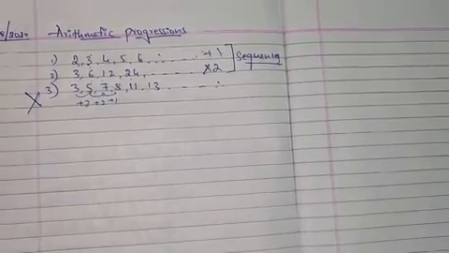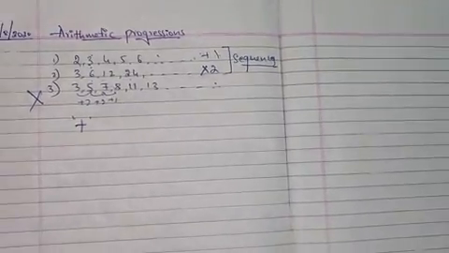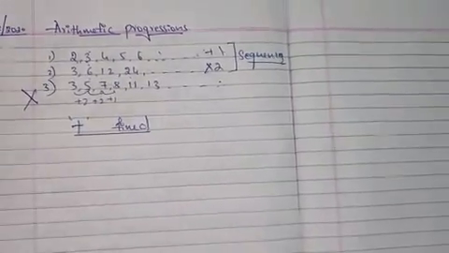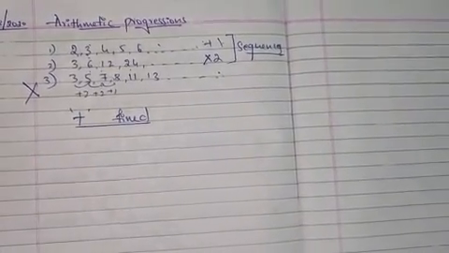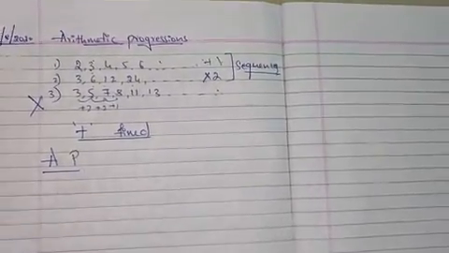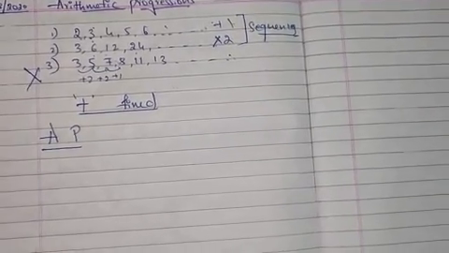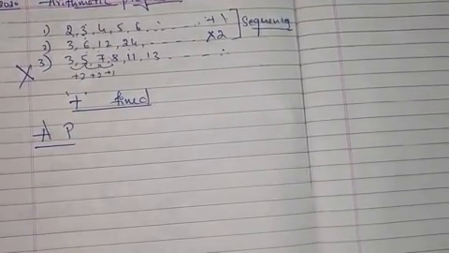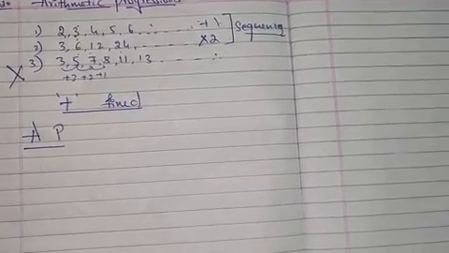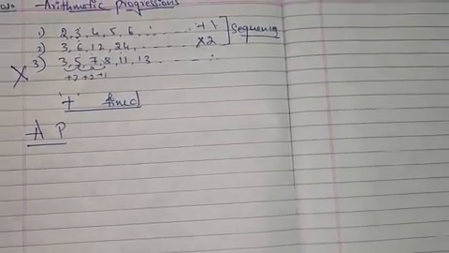So what is the first rule? The first rule is we are adding some number. What are we adding? We are adding a fixed number. So the group of numbers where we get the next term by adding a fixed number is called arithmetic progression. In short, we call it AP. So what is AP? Arithmetic progression is a group of numbers where the succeeding term, meaning the next term, is obtained by adding a fixed number to the preceding term, except the first term.